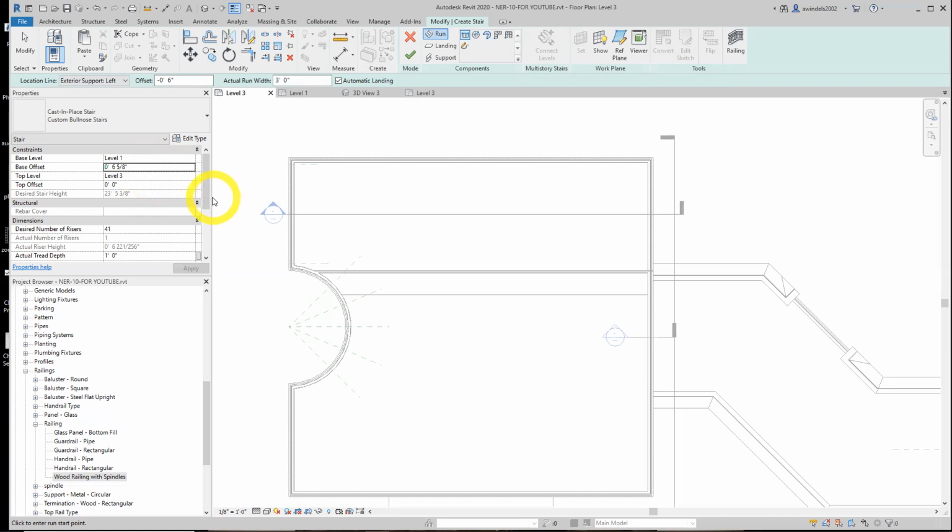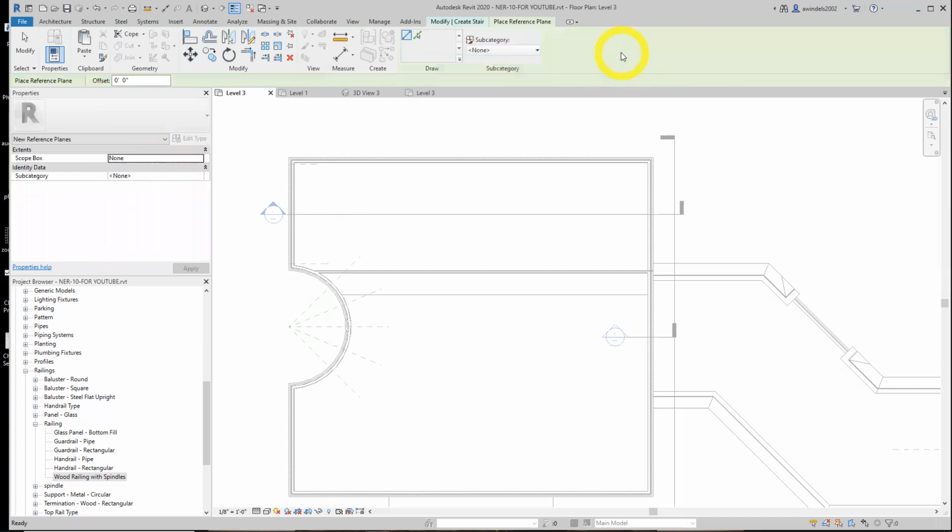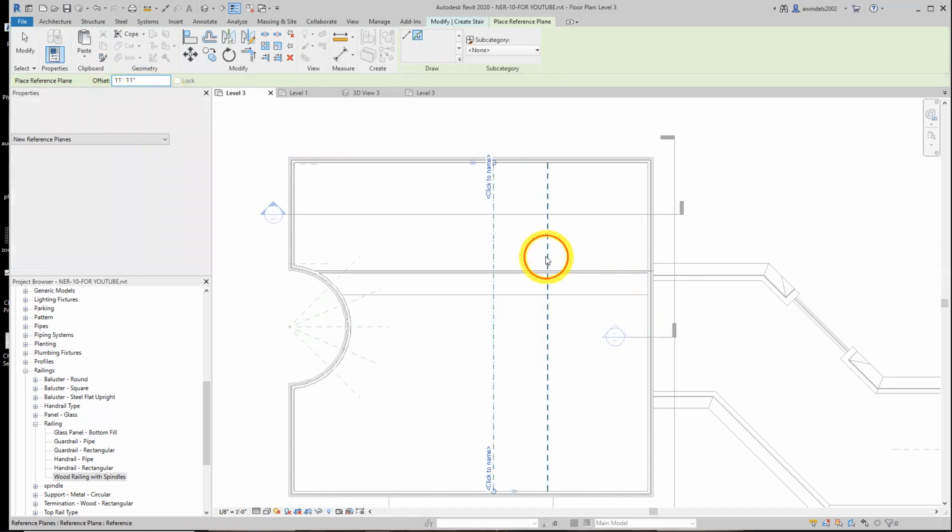So we're going to make our reference planes in sketch mode here to accurately set this up. Pick reference plane. We're going to do pick line. We're going to set it up exactly like the dimensions on page 535. I'm going to start with this line, and I'm going to go offset of 22 feet here. And the next one, we do 11 feet, 11 inches to this side. The next one, I'm going to do 6 feet